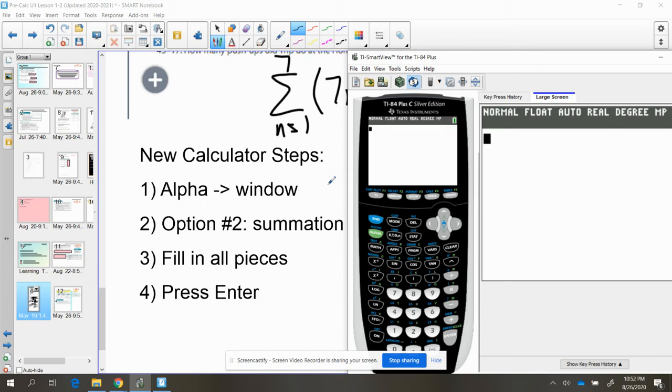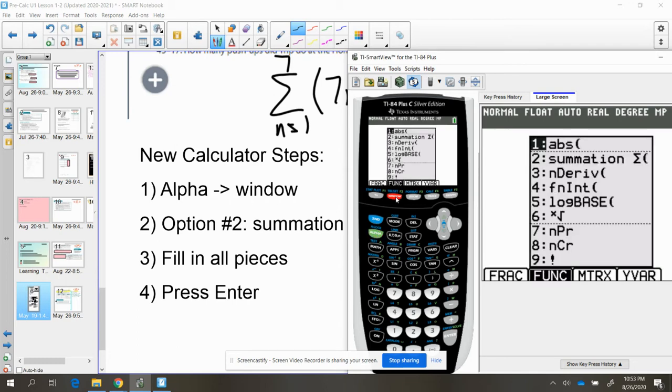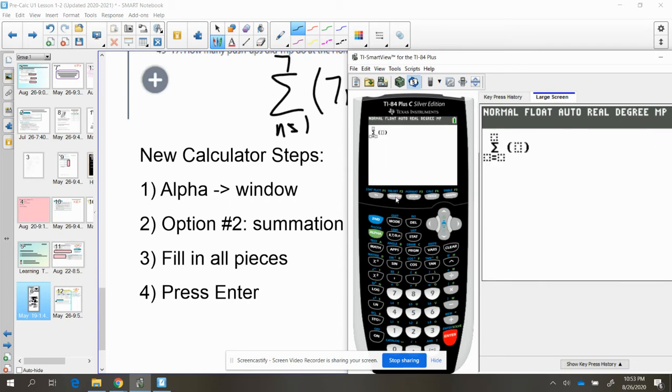That's not my style, so I want to make sure you know how to use the devices at your disposal. So those of you that have a newer calculator, like a TI-84 with pretty print built in, these instructions are for you, and then we'll go over the older calculators as well. What you're going to have to do is start by hitting alpha, then window. You're going to scroll down to number 2,